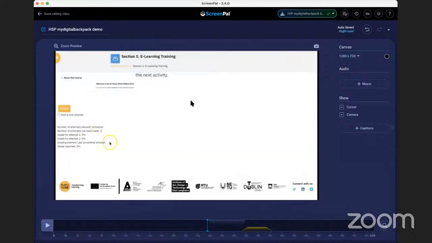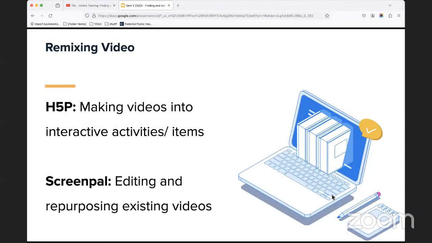So there's a number of different options available inside ScreenPal. I found it to be a pretty good video editing application. Just by virtue of the fact that it allows you to record videos and then come in here and edit them, that's quite a useful feature. And like I mentioned earlier, a professional license for ScreenPal is fully available for any staff member in MTU. You just need to follow the instructions on our help doc to access a professional license for it.